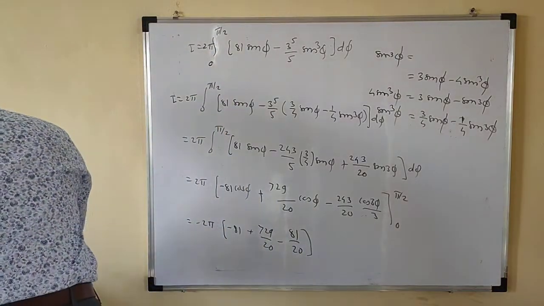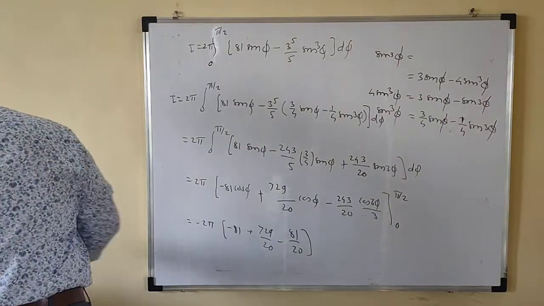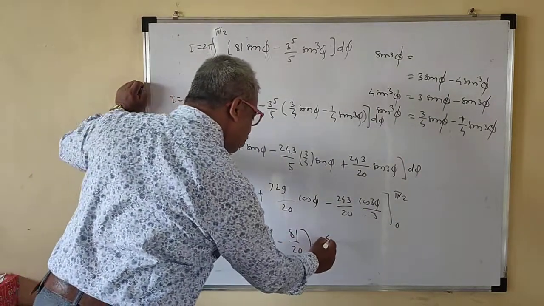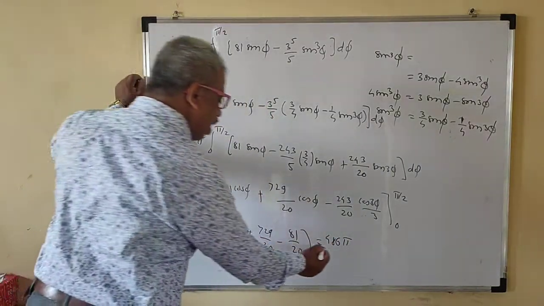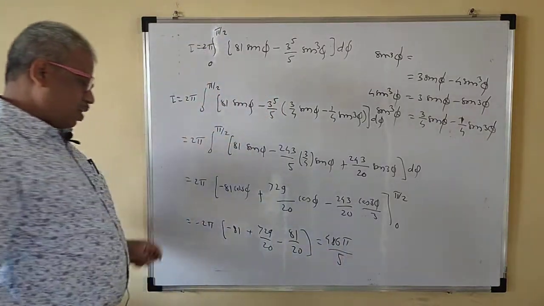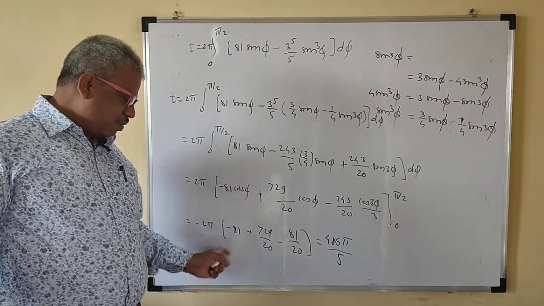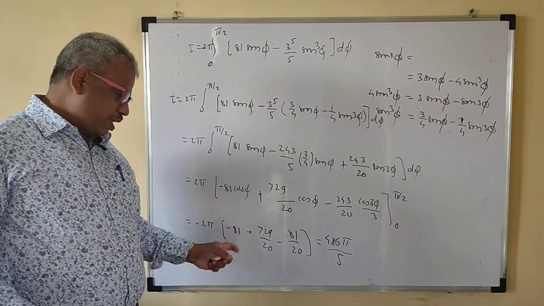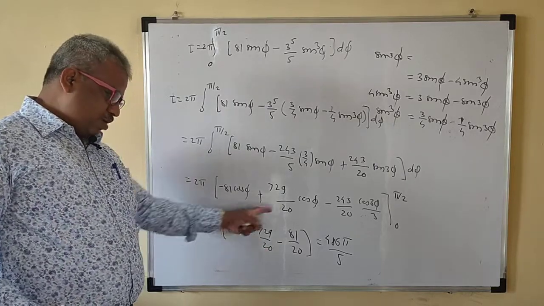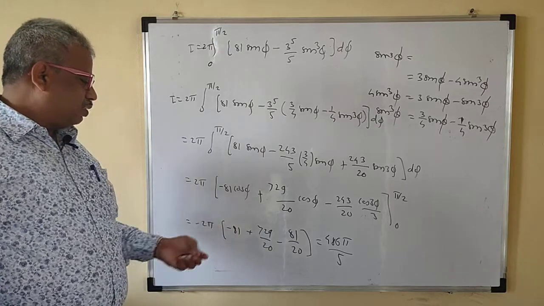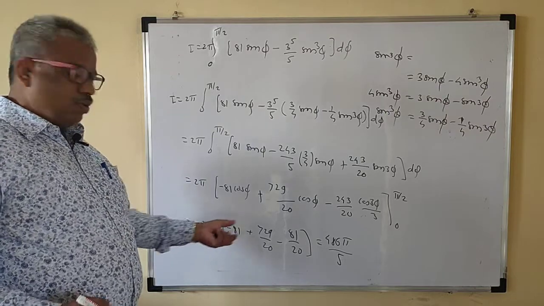So the final answer will be 486 pi upon 5. You can check this, I will not do this calculation. So do this calculation: 20 is there, you can subtract 80 and this and multiply by this, so you will get the equal answer. This is negative because 80 into 20 becomes the biggest figure, so this becomes a minus, and minus minus becomes plus. So this two get cancelled again here. So check the answer.